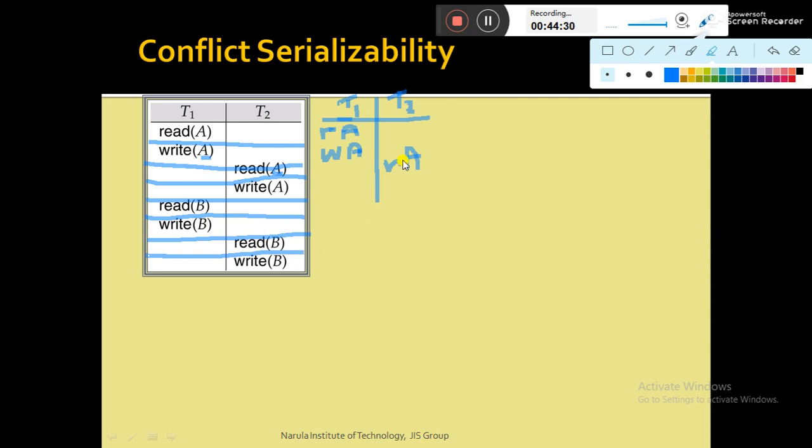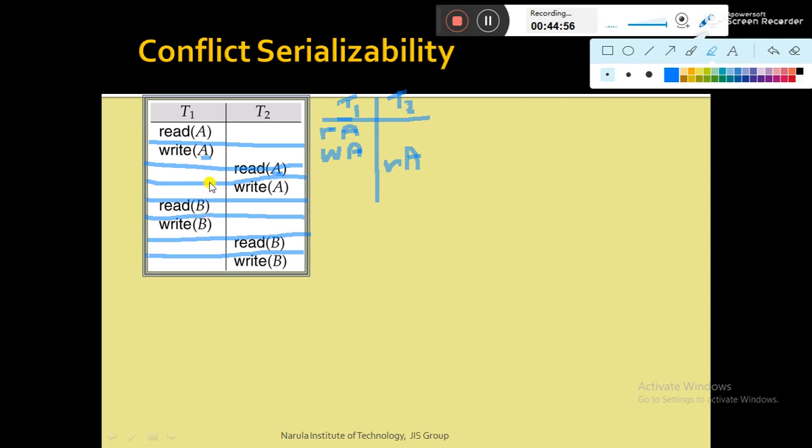So write A will be there. Now next, these two instructions are conflicting, so you cannot swap their order, they will be as it is. Next instruction is write A, this instruction is read B. Now if you look at, this is operating on A, this is operating on B, they are not accessing a common data item. So if they are not accessing a common data item, that means they are non-conflicting, and if the instructions are non-conflicting, then we can